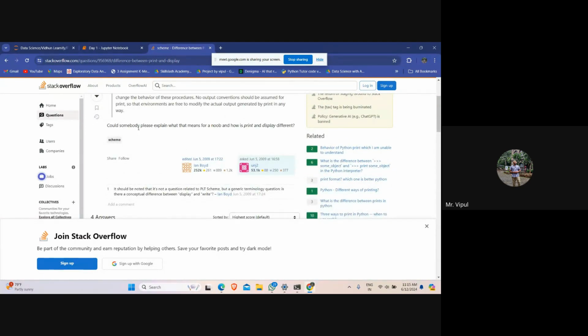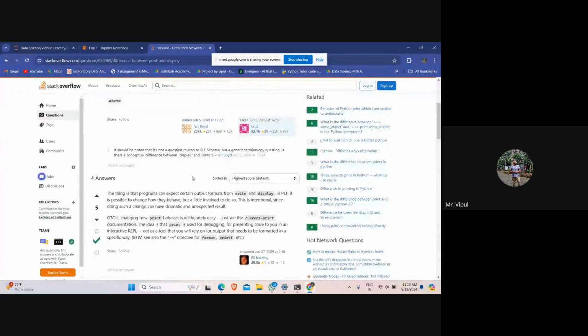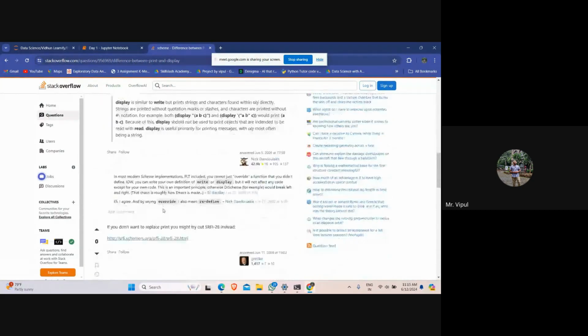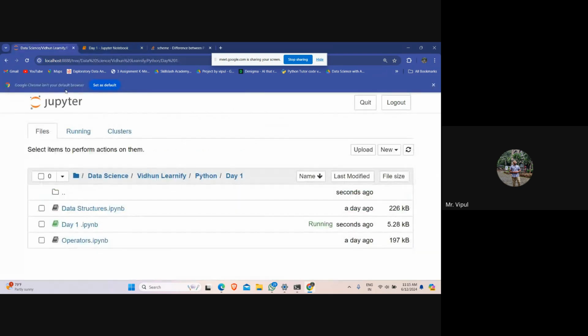Many developers have given answers to these questions, so you'll get a lot of answers like this. You can take help of these communities to get your answers. So these are some of the reasons which help us use Python, and that's the reason we use Python for our end-to-end machine learning projects or deep learning projects.